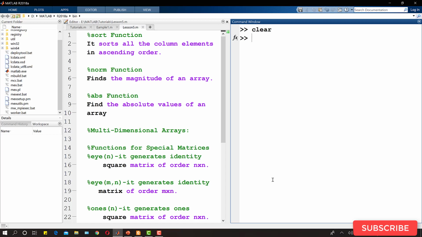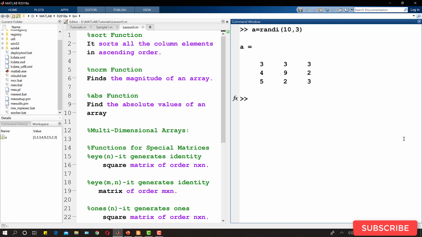So we can consider multi-dimensional arrays like this. Let's suppose I have one 3x3 matrix, and then I keep another matrix above it, and then another matrix above it, like a pile of books, or a pile of pages, we can say. So let's suppose I want to generate a three-dimensional matrix. What will I do? Now let's suppose I have this A matrix.